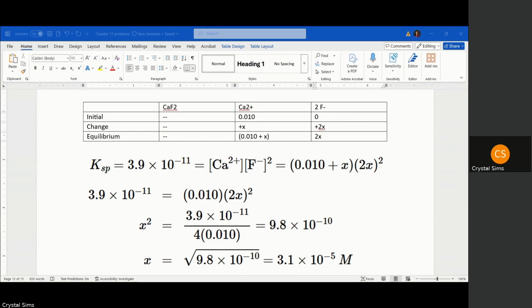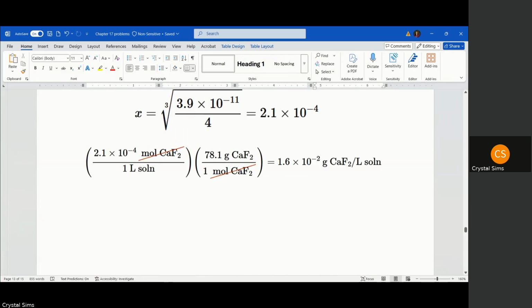So now we have that 3.1 times 10 to the negative 5 moles of solid calcium fluoride dissolves per liter of 0.010 molar calcium nitrate solution. Now, if they had asked us for grams per liter, like they did in the last question, we would continue on and plug that in like this. Okay, but they asked us for the molar solubility, so we didn't have to go all the way to grams,